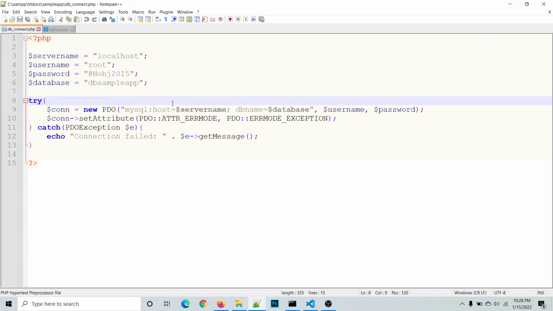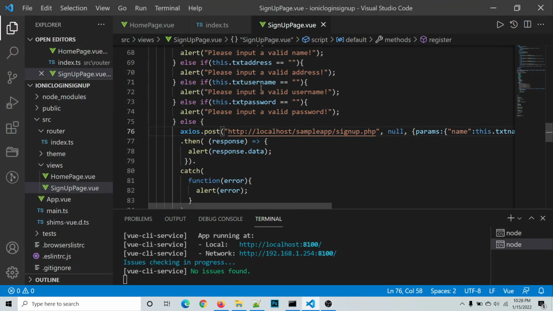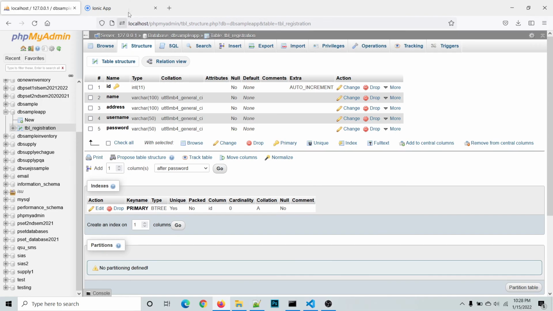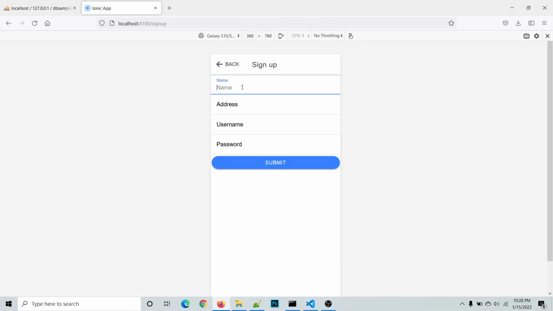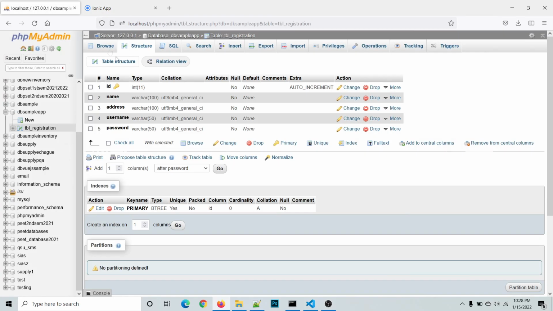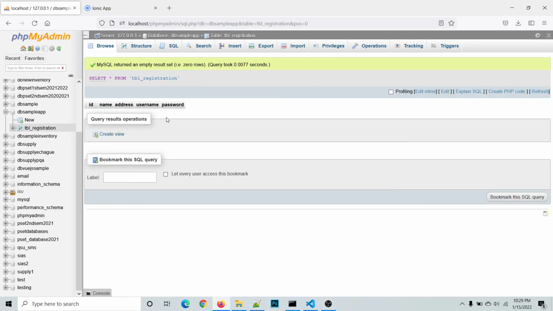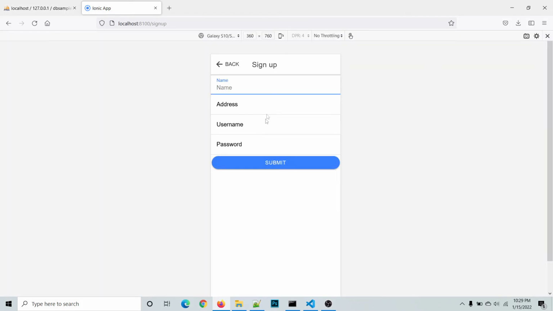even this one, save. And here we already saved that, so let's proceed to our application. Let's try to save a record to our database. In our table, there are no records available, so it is empty. Now let's try to add a record. Let's say we save the name John Doe, the address is California, the username is John, and the password is 12345. Then let's save this by clicking the submit button,